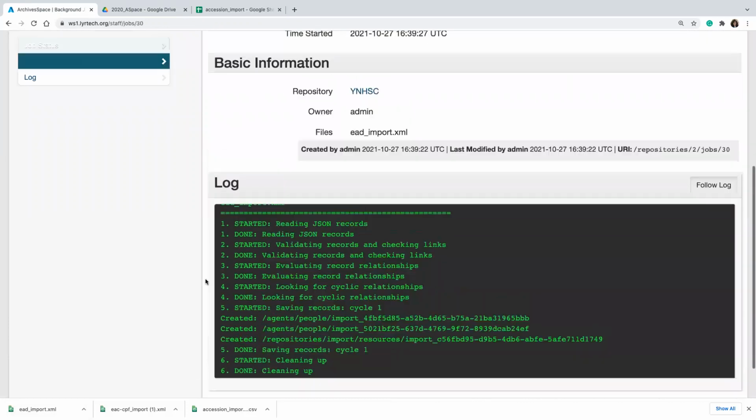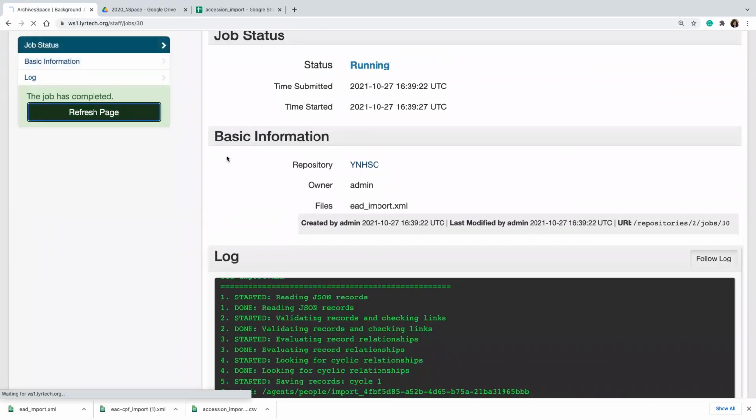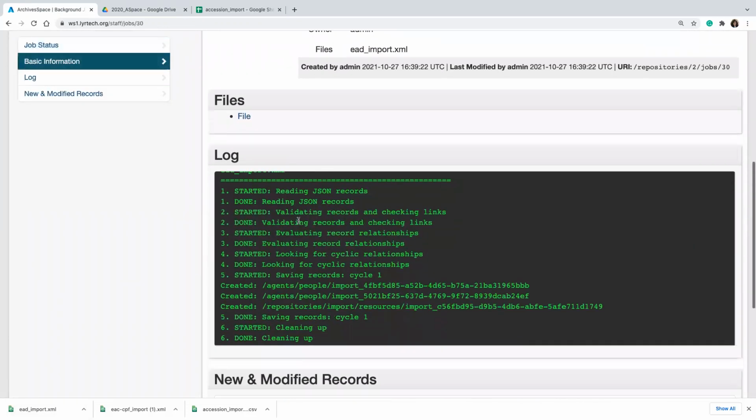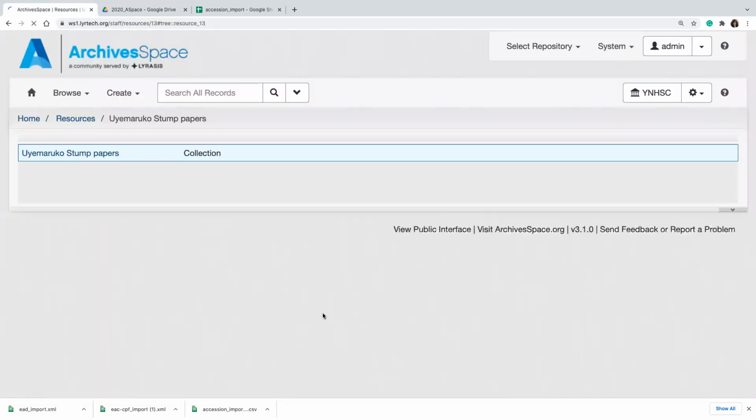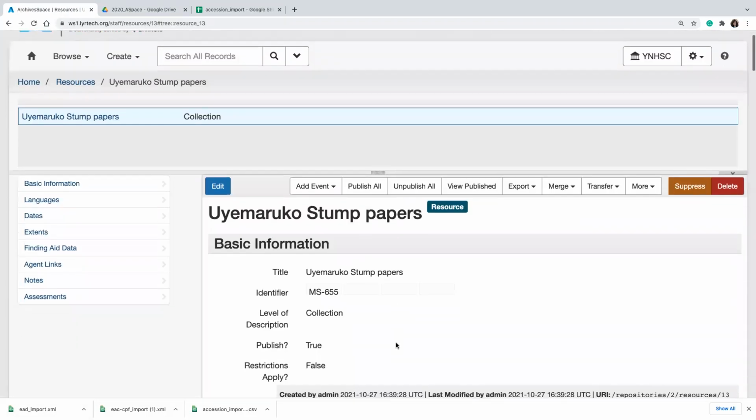So we can see that this one was created. We can refresh the page. And now we have the Stump Papers as well as 2 agent records created. So we can see both of those records. And that's another way to get